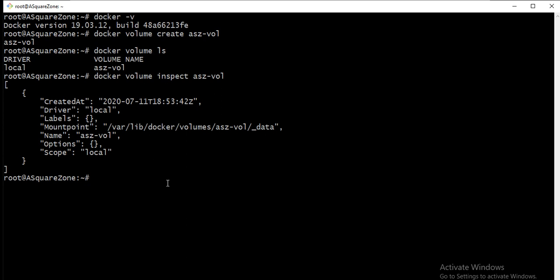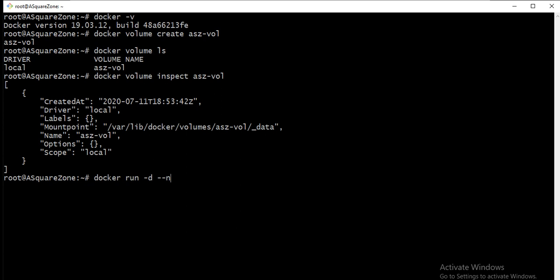If we start a container with a volume that does not yet exist, Docker creates the volume for us. So I'm going to run an Nginx server. I'm going to give the docker run command, which converts the image into a container, and I'm going to run it in detached mode.